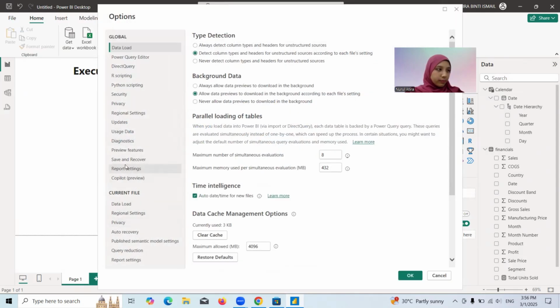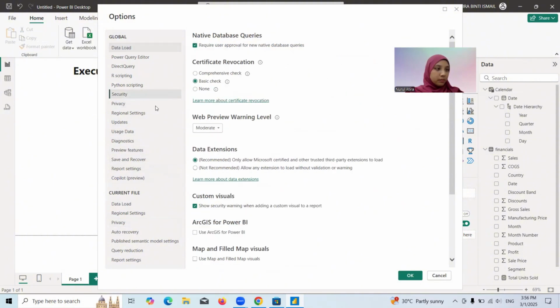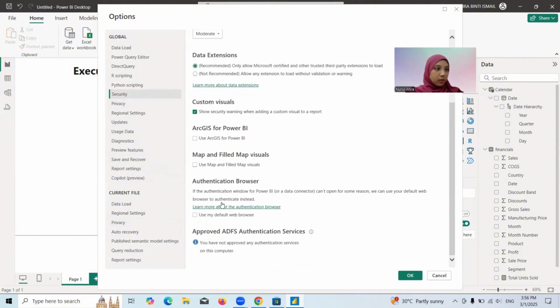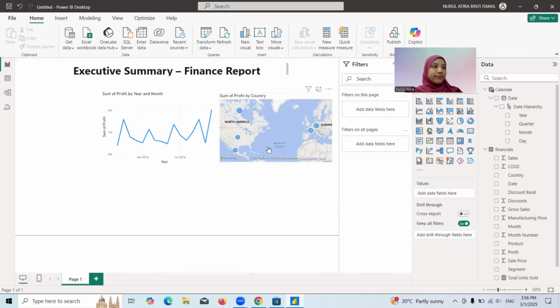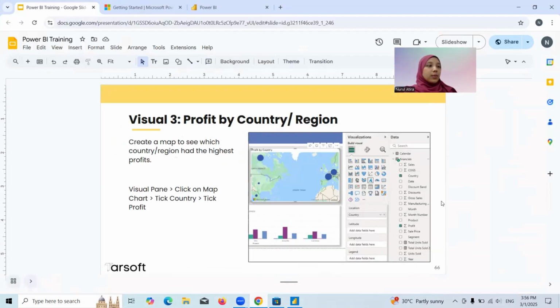security. And here, tick here, and then okay. Okay. Next one,